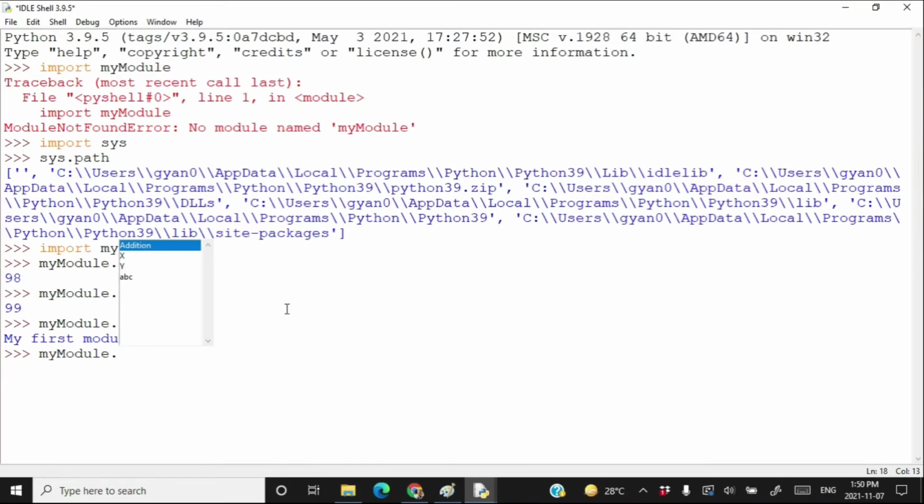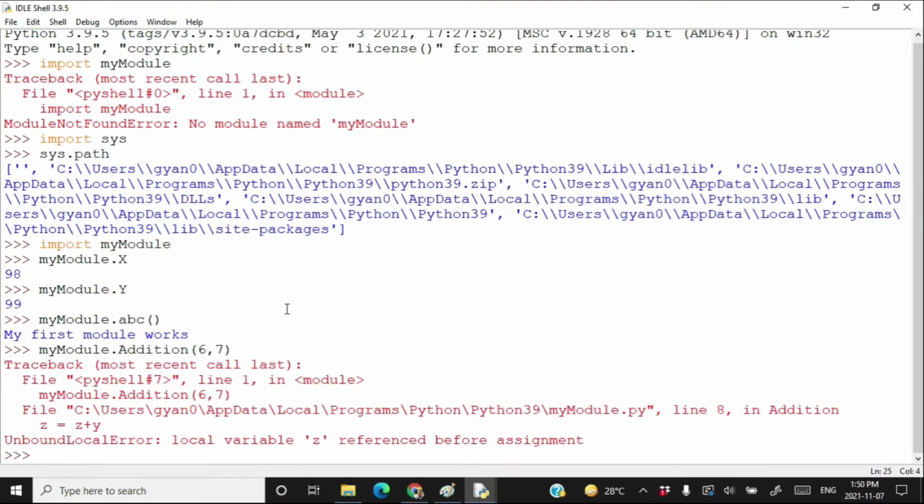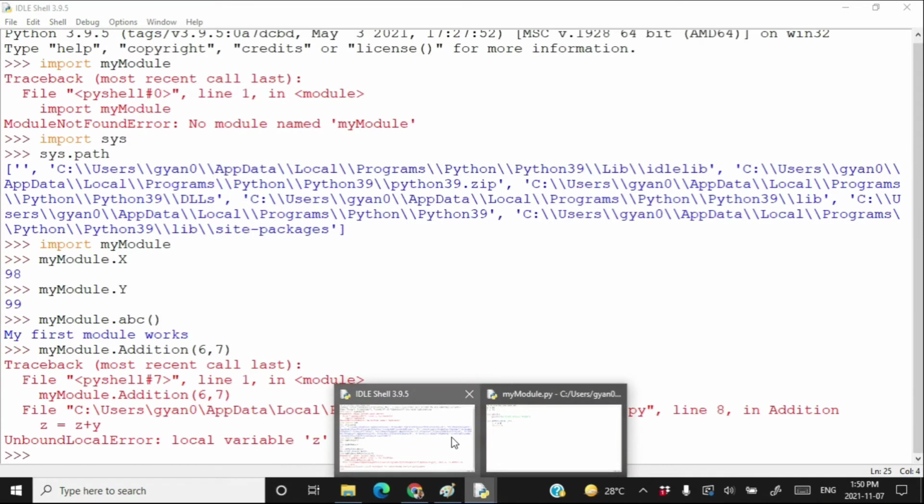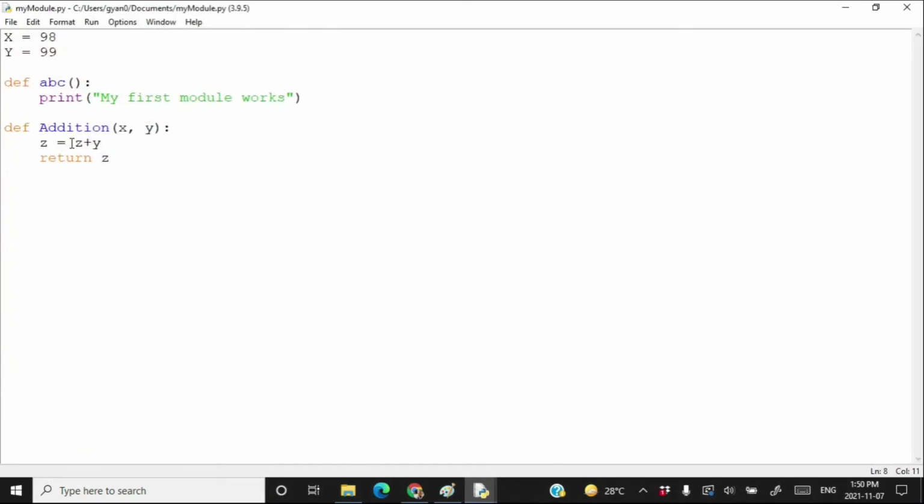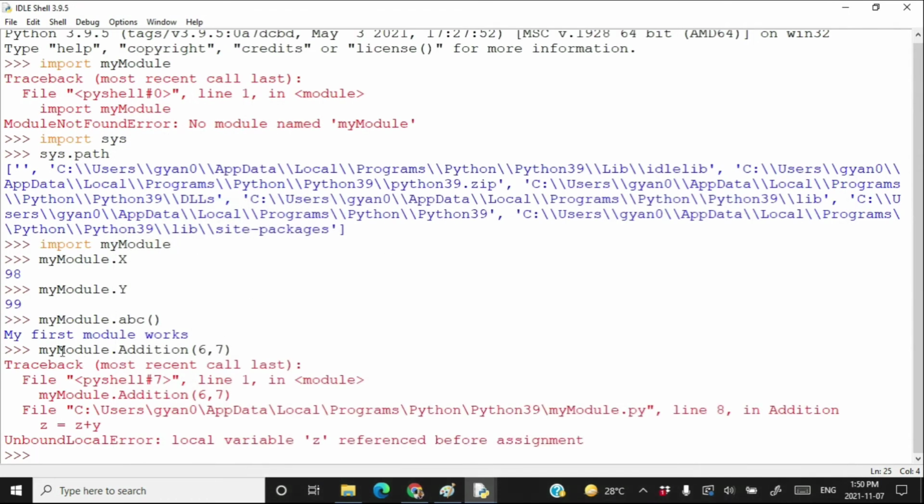Here in this case, I am going to select addition and I want to call the addition method using 2 numbers, 6 and 7. Press enter and I got an error. Okay, there is an error in the code. I have written here z is equal to z plus y, which should be x plus y, and that's what the error was.